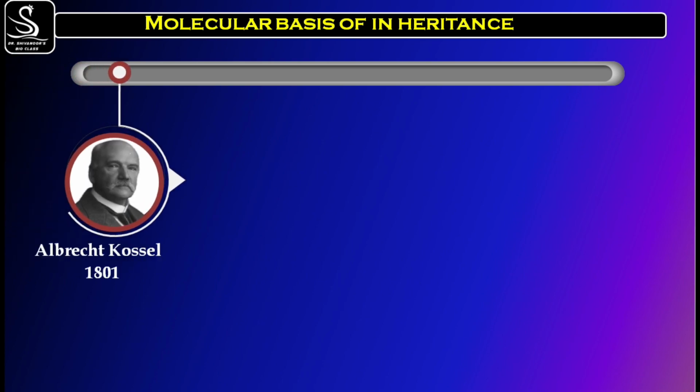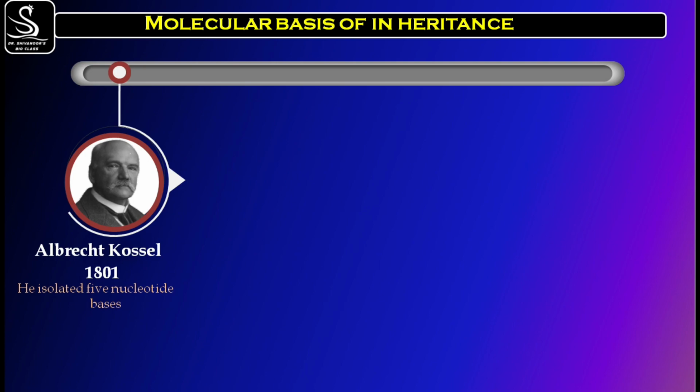Miescher, in the year 1801, he isolated 5 different nucleotide bases from the cell. See here, it is before Mendel. Mendel also did not know what the genetic material is and how it is. He did not know about the factors either. What are those factors? But before him, in the year 1800 only, he had discovered